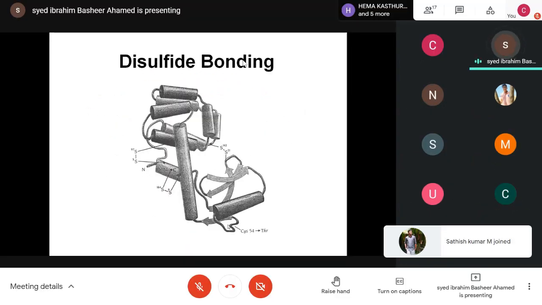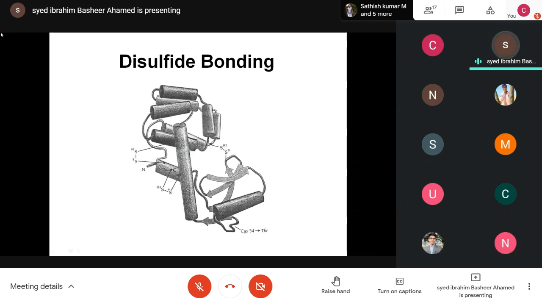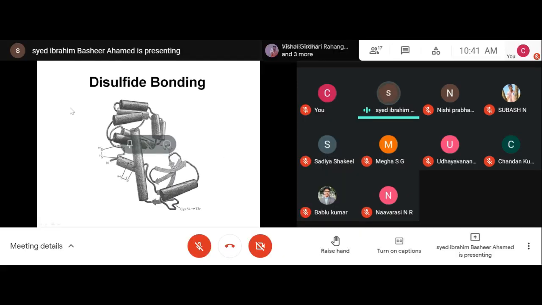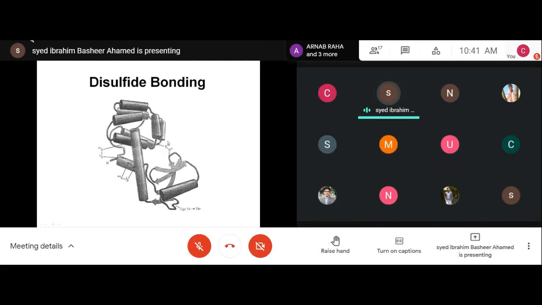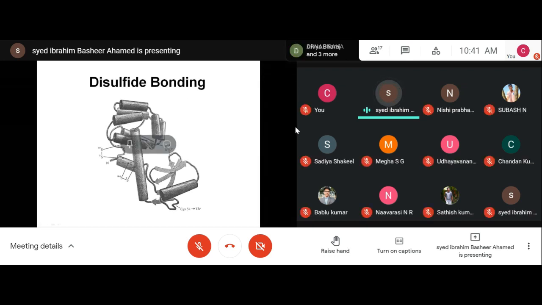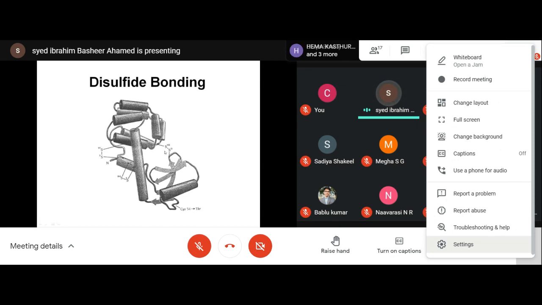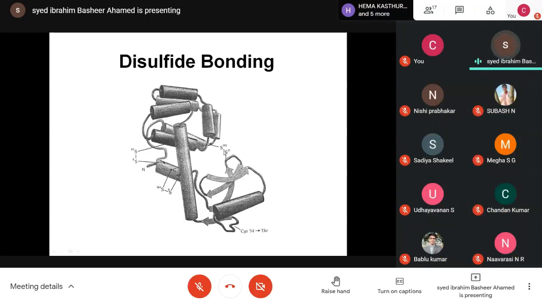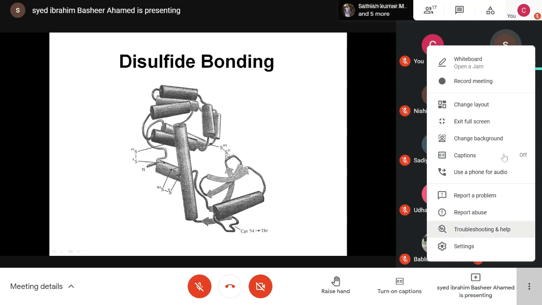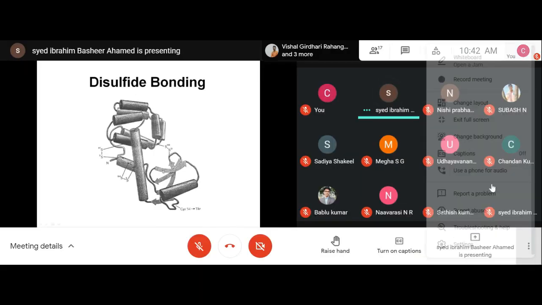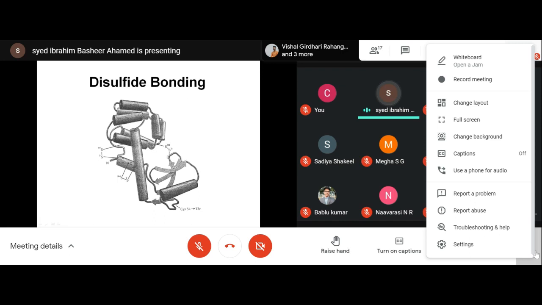So here you can see this protein which has a disulfide bridge. It can happen within any of the residues. Here you can see residue 21 making a disulfide bond with 142. If you oxidize this, what will happen? It will become cysteine, so these two domains will be released. You cannot have these two domains held together.